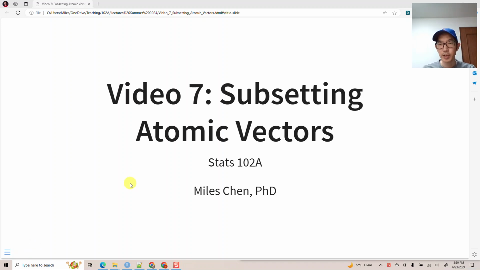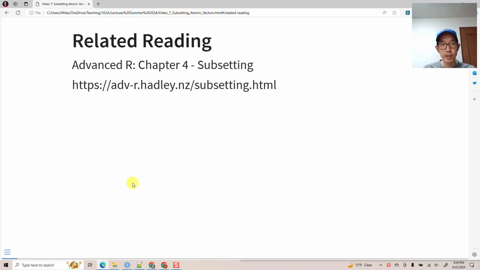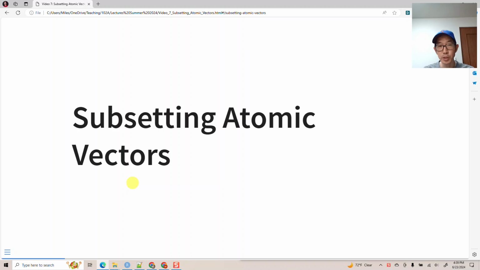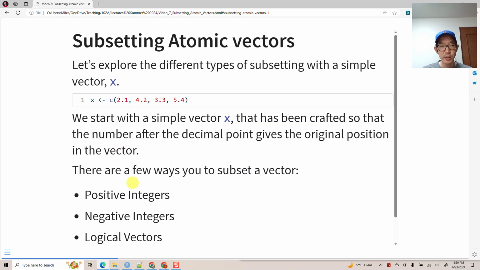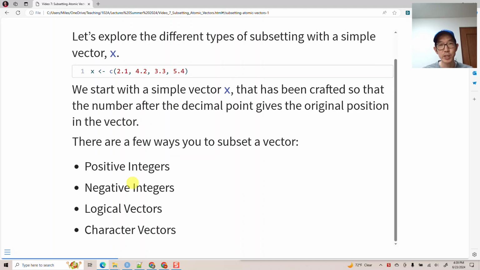All right, let's talk about subsetting atomic vectors. A lot of this is based off of chapter 4 in Hadley Wickham's Advanced R book in subsetting, so I recommend reading that. It is an excellent book. Okay, so what we want to do is be able to subset a vector, meaning just select